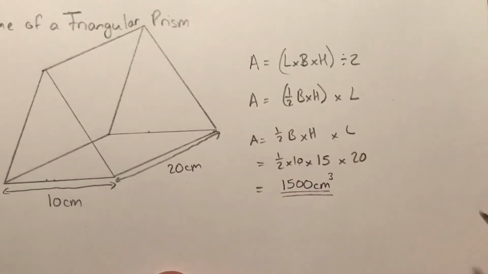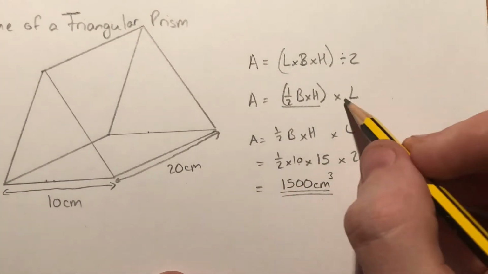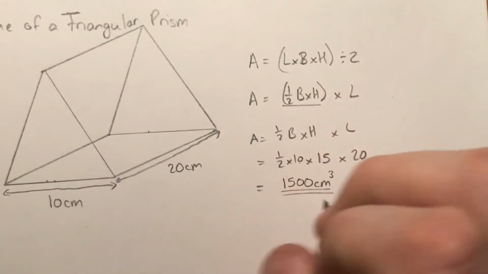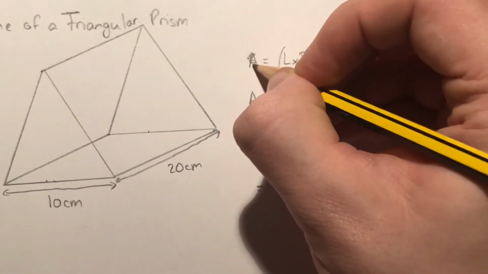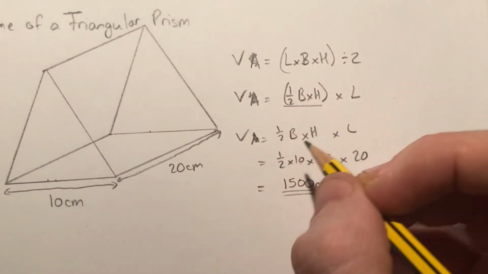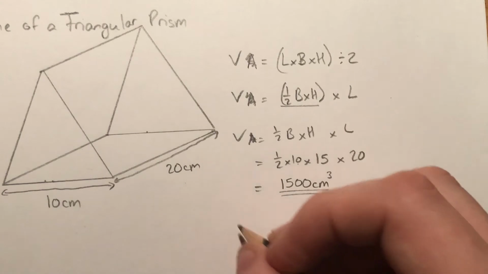This one here, half base times height times your length, just have to use a different letter. Half base times height is your... and why have I put A here? This should be volume. Sorry guys, volume. Half base times height is your area of a triangle. So area of a triangle,